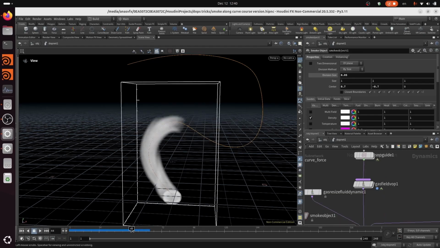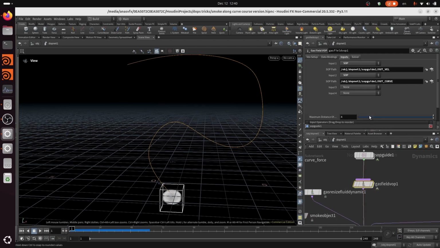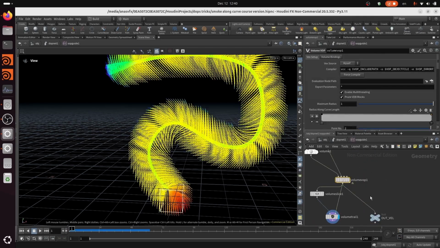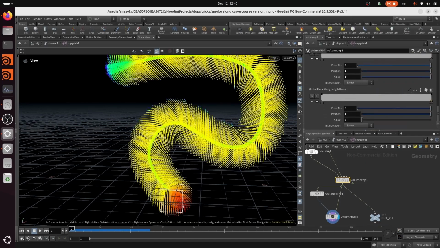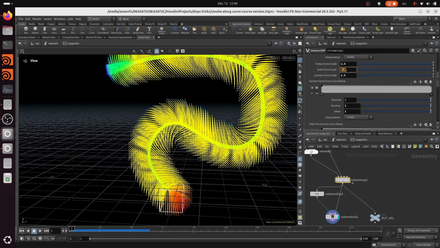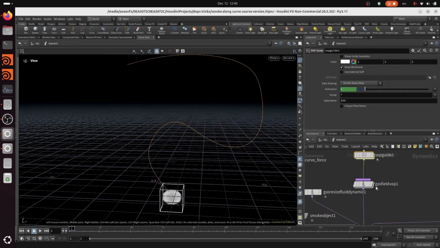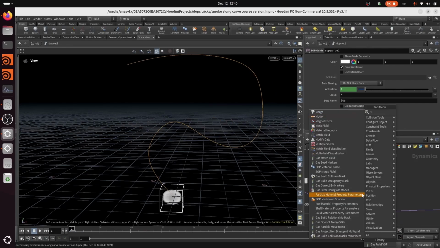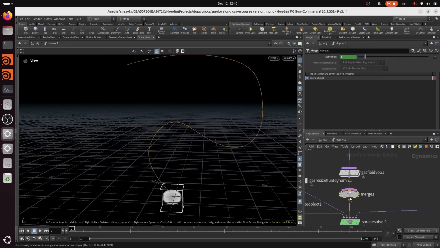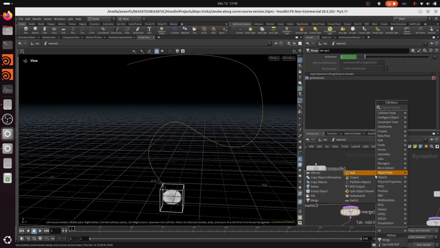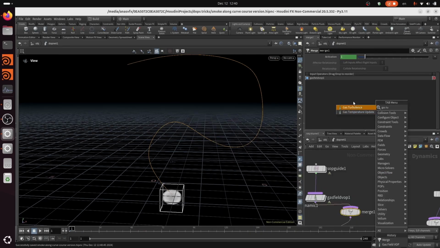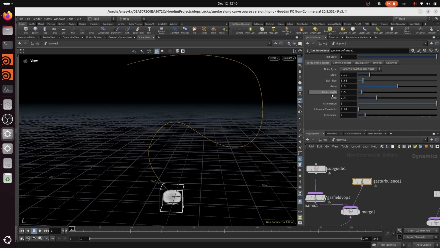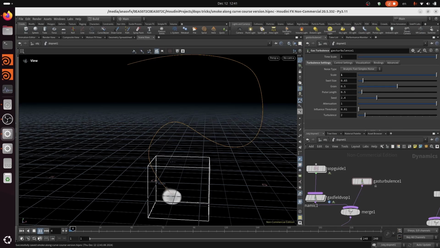So now here is our simulation. What we can do now, we can just here inside, we can scale our orbit force. We want it more. And we need to add some noise to this simulation. To do this, we can add a gas turbulence node, the basic node here, and make the scale something like 1. And now if we play,